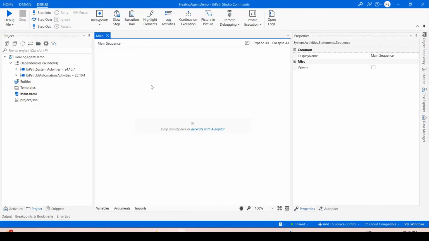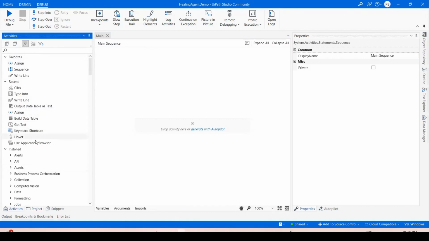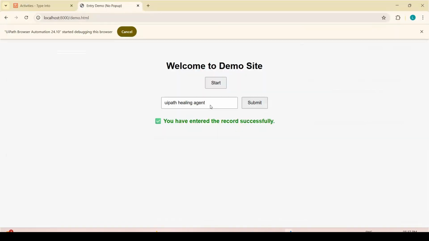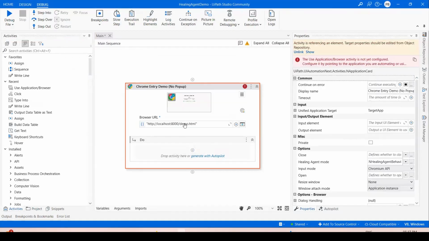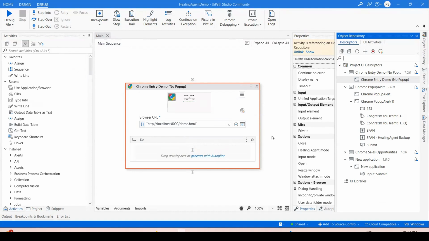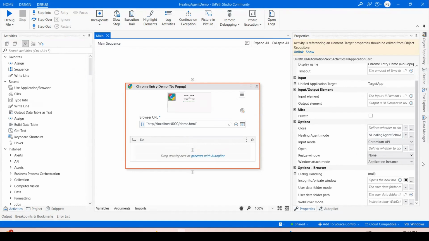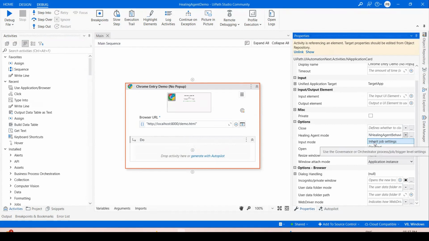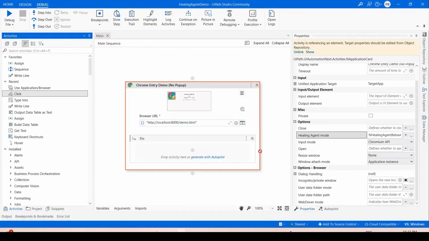For now, let us go and build a bot. It won't take much time. I just take a Use Application, and indicate the screen. I won't fix all the selectors or customize them; I'm going to use whatever it is giving me right now, because this is just a demo of how to use the concept of verify execution. I'm going to quickly select the settings of healing agent mode as inherit job settings. Now, like I mentioned, as soon as I click on the start button,